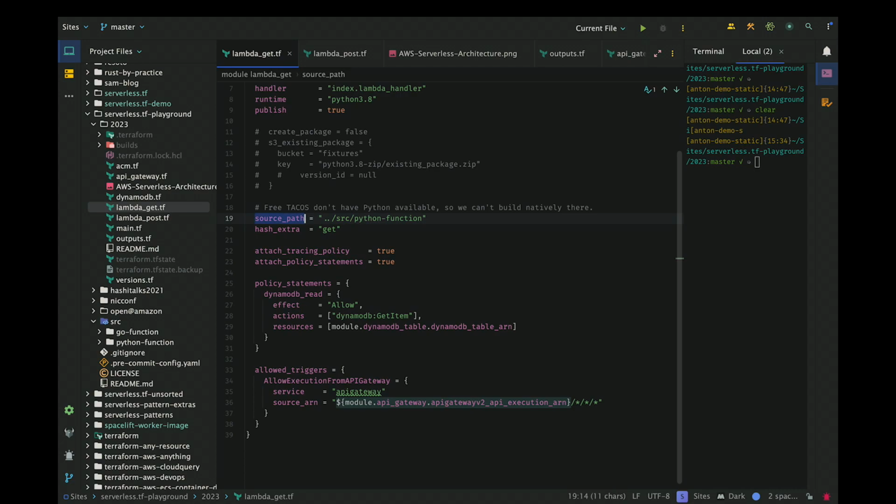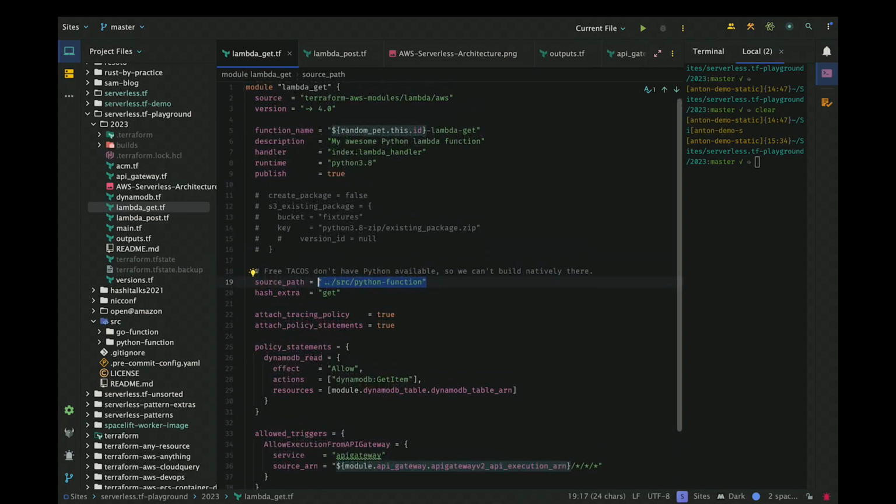So here is the simplest way we can specify this configuration. We are providing a string to the folder, and then it will be the Lambda module which will look into this folder, and it will understand whether you have